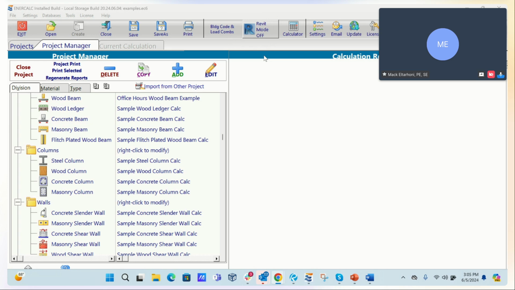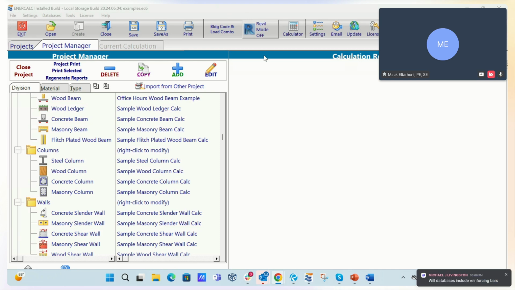And let's say you change sizes from a W8 to a W12, and you click OK in ENERCALC. It goes and updates it in real time within Revit. So you're always having a model that matches your calculation with zero chance for transcription errors, which is something we always have to deal with whenever we maintain two separate models, like an analytical model outside and a drafting model within Revit. So that's also a very exciting thing. Seth, if you have anything more to add to this, I know this is your thing.